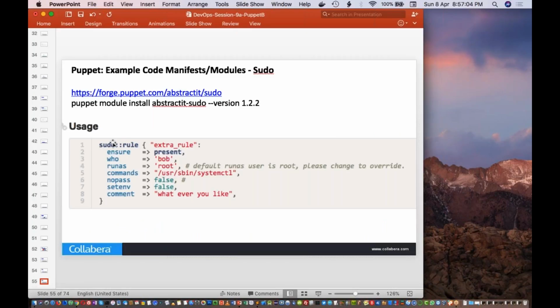This is a valid class name. You will be able to specify your class name with colon and all. And one more thing is, when you use that colon, what it means is, when you specify something like, in this particular case, sudo colon.